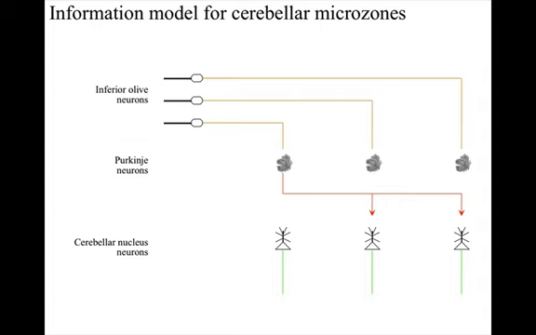A small group of neurons in the inferior olive, often arranged actually as a column, target those Purkinjes, roughly one inferior olive neuron for each Purkinje. And there's also inhibitory neurons in the cerebellar nuclei that fire at the same time as the excitatory neurons and target the corresponding inferior olive neurons. So if the action doesn't occur at quite the right time, the inferior olive neuron fires, targeting the Purkinje corresponding